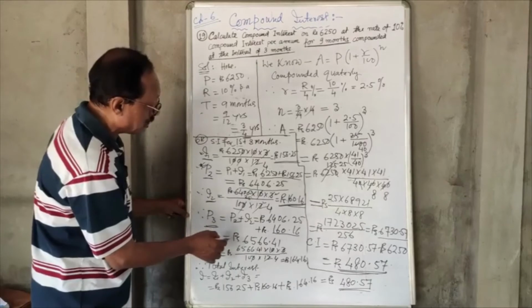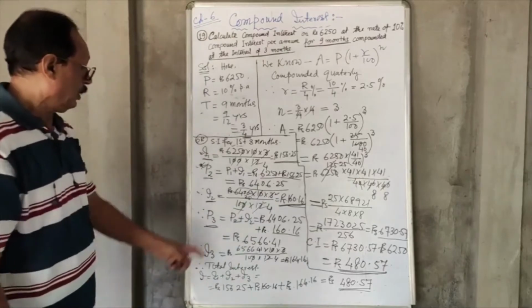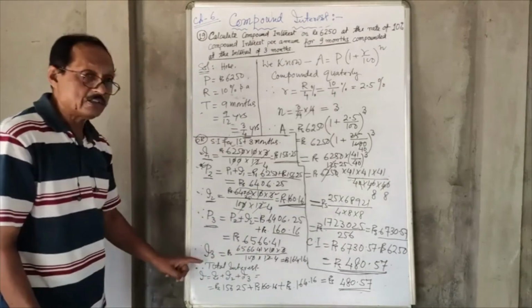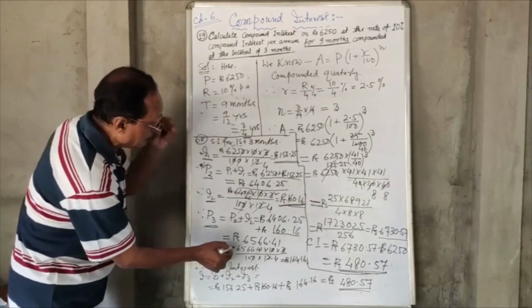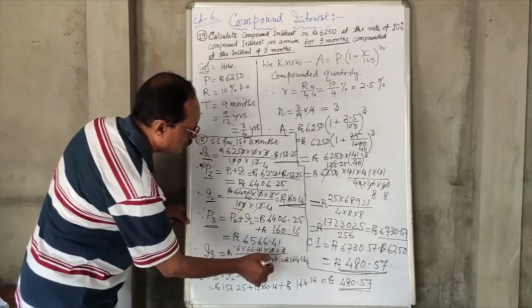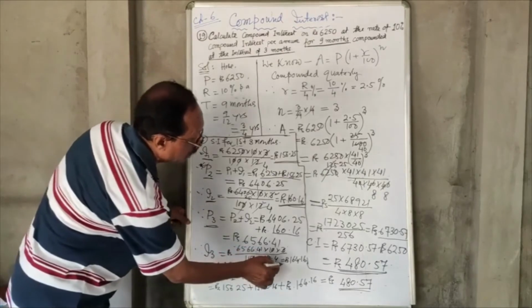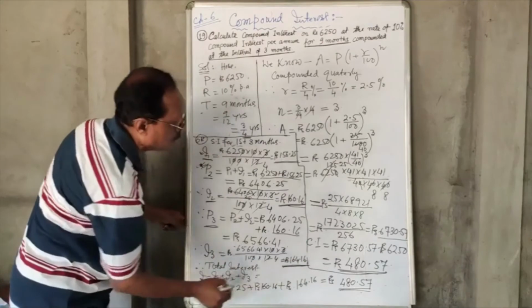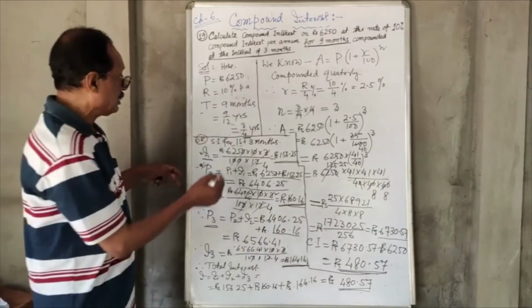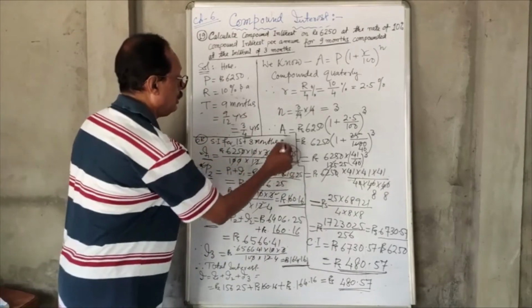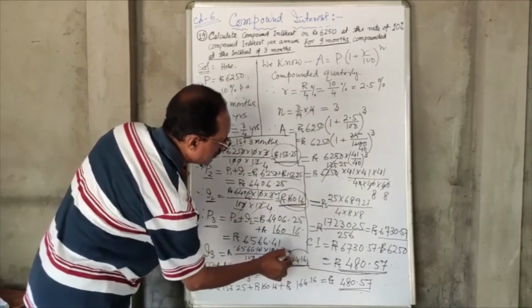So principal for the third interval is coming as 6,566.41 rupees. So this will be the principal, and I3 is the interest for the third interval of 3 months we are calculating. I3 is equal to P3 into R into time, which is 3 by 12, meaning 3 months. Calculating this, the interest for the third interval of 3 months will be equal to 164.16 rupees. So these are the three intervals, three interests we have calculated: I1, I2, and I3.